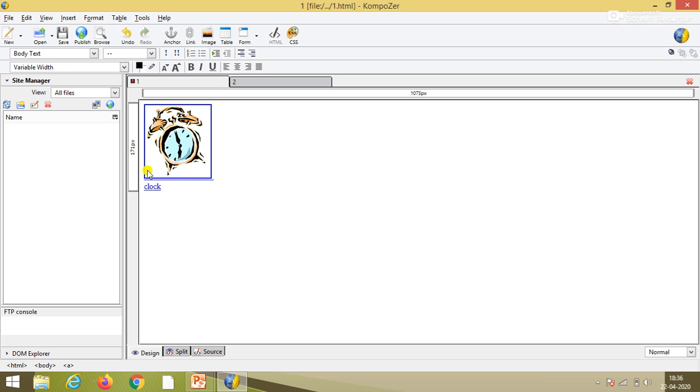Now after changing this page, the red button or red color point is displayed. It means that after saving the page we have made some changes, so the changes are unsaved and we have to save again. So click on save, and it is disabled. We have now saved both the first and second pages. Now we will go to the browser, so click on the browser and the output will come in the browser file.